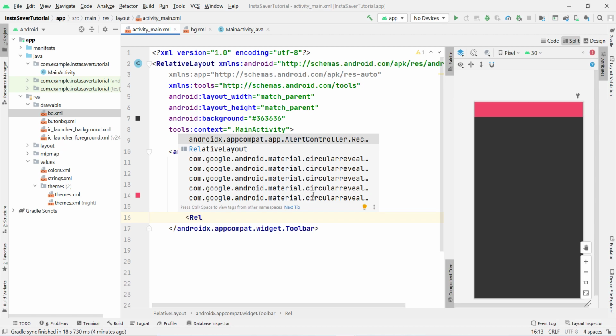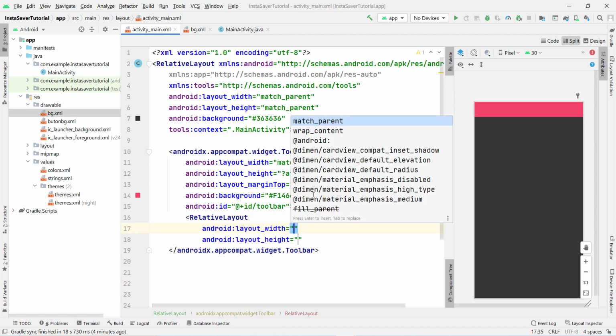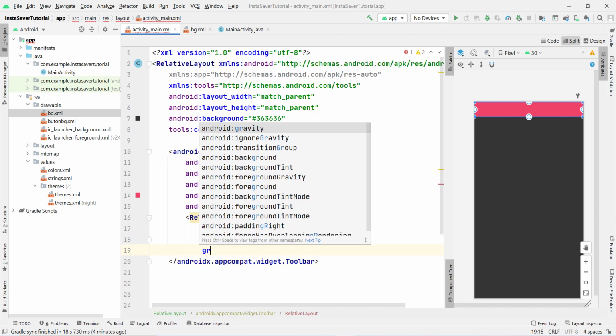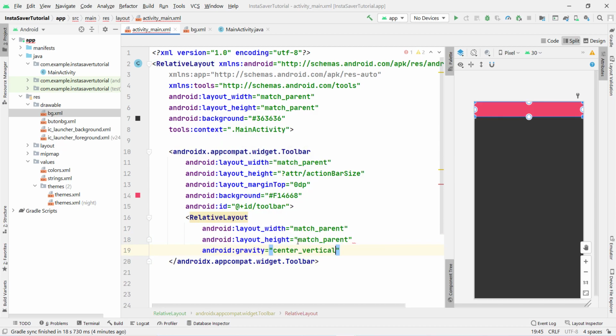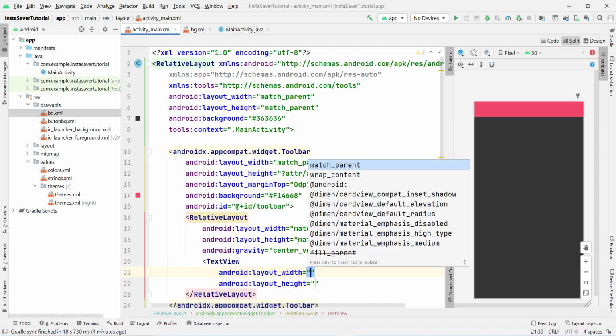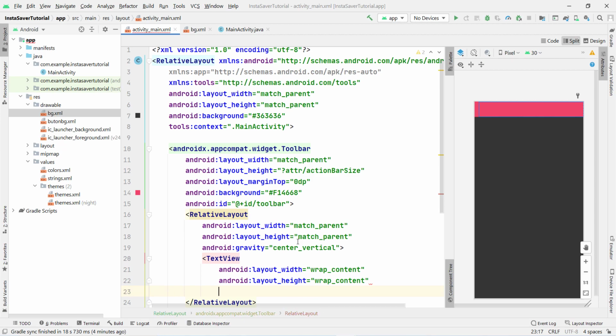Now take a relative layout here, and inside this I want to simply display a text, that's why set the layout width match parent, and height of the relative layout is match parent is fine. And then after this we have to set the gravity, and set the gravity center vertical. Now close this. Now inside this, take a text view here, set the text view width wrap content, height wrap content,